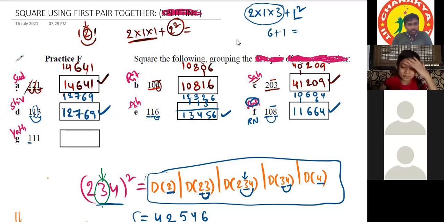Sir, 1 duplex is 1, sir. Then 11 is 2. So then 1, 1, 1 is equal to 2 into 1 into 1, which is 2, plus 1 square, that is 1 only, so 3, sir. Then 11 duplex is 2 again. Then 1 duplex is 1. So 1, 2, 3, 2, 1. Sir, reverse also is the same thing. Yes. And we'll do one more exercise based on this, and after that we'll take another.